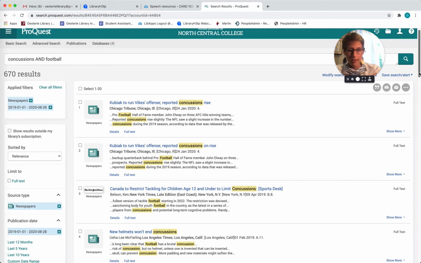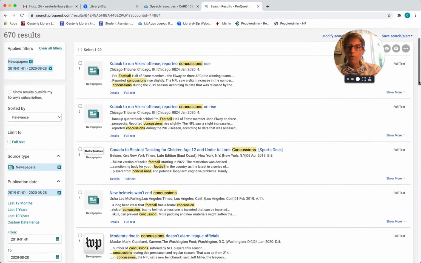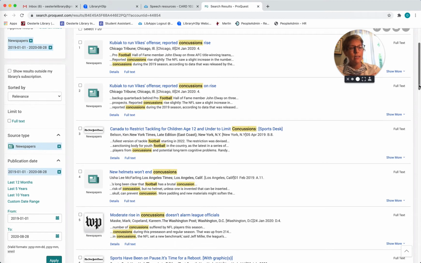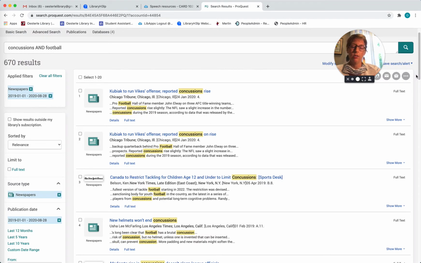If we're looking at these, we can start to look for headlines or little snippets from the news articles themselves that may give us an idea of which article is going to be the most helpful for us. Now that we've made the selections to refine the results in a way that makes sense to us concerning source type and date range, we can start to look at the results themselves to see which sources actually look the most helpful to us for the topic that we would like to share with our audience.